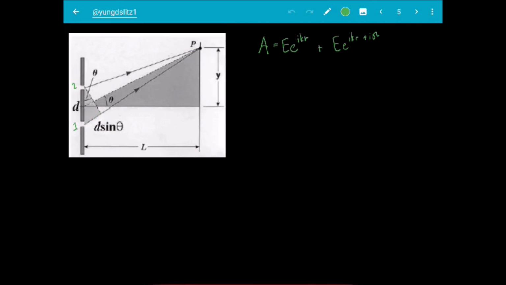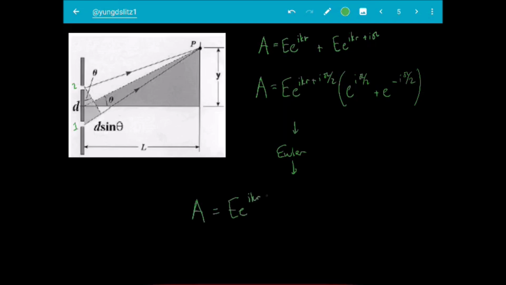Furthermore, this can then be divided again by a factor that will allow us to use the Euler formula later on. So if we take out this factor, we see that by using the Euler formula, we can rewrite the top equation as simply, or if we wanted to put it more neatly, it's simply